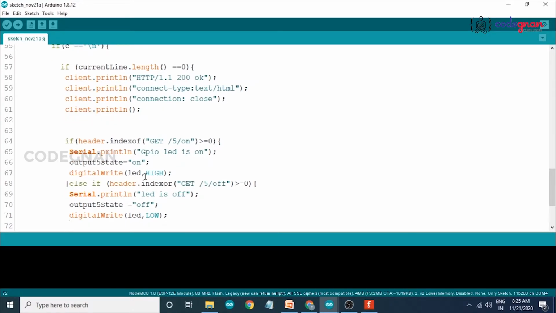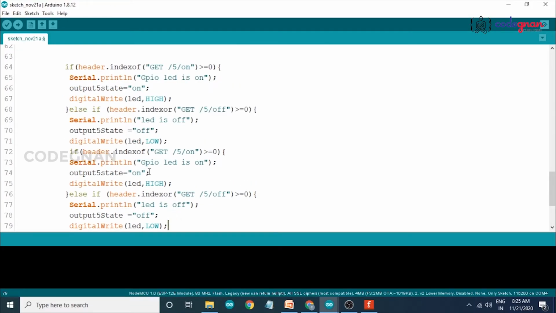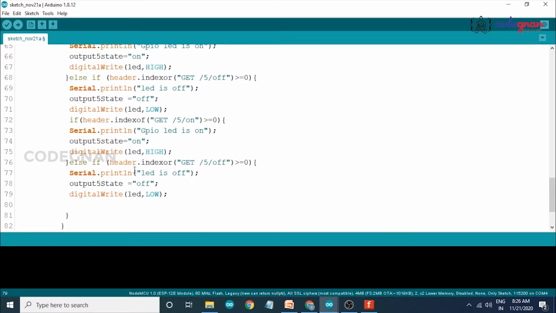And also we have to write the same condition for our buzzer. So just copy this and paste it here for convenience, because our program is a lengthy process. Control C and Control V, and change some pins to the 4th pin, so that after the off state we have else if condition start here.